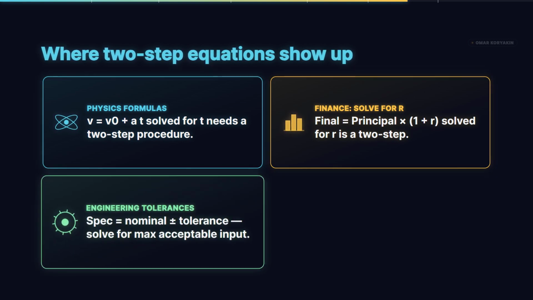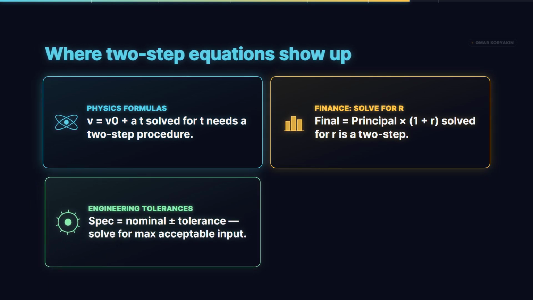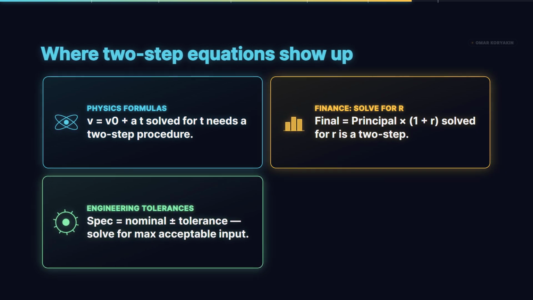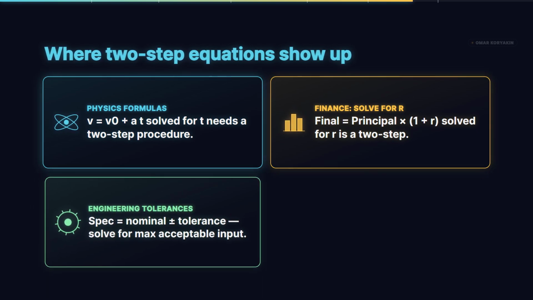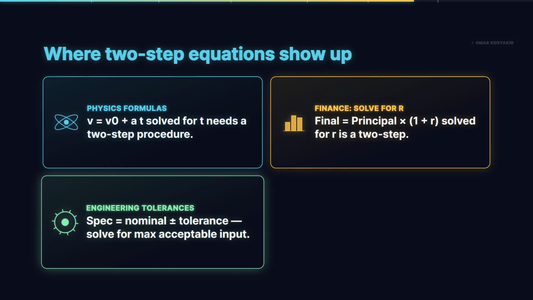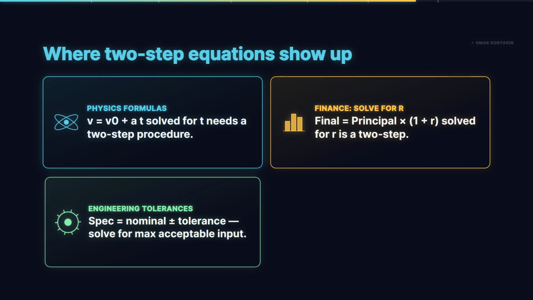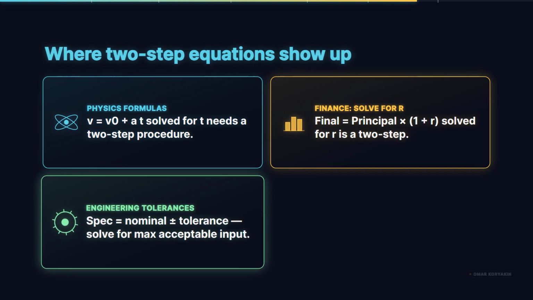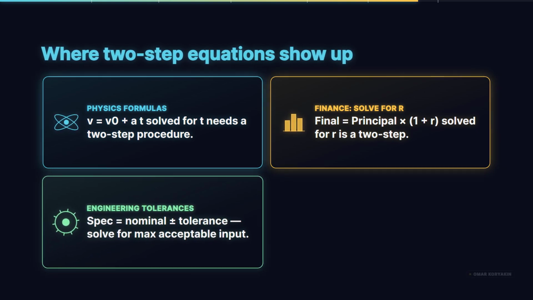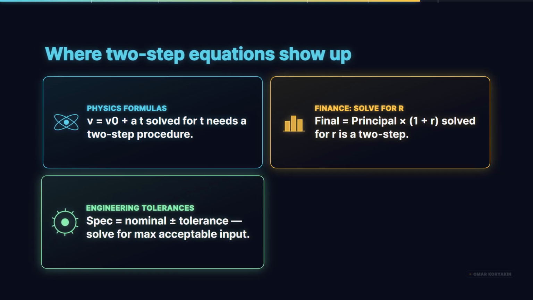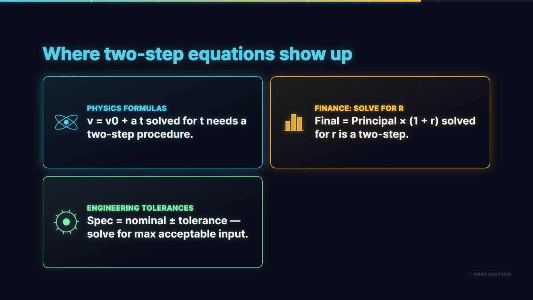In engineering tolerance analysis, a specification often reads as a nominal value plus or minus a tolerance, with the tolerance itself sometimes computed from a margin formula. Solving the tolerance equation for the maximum acceptable input value is a standard 2-step solve that engineers do dozens of times per design review. The skills you are building this week are the everyday currency of mechanical, electrical, and civil